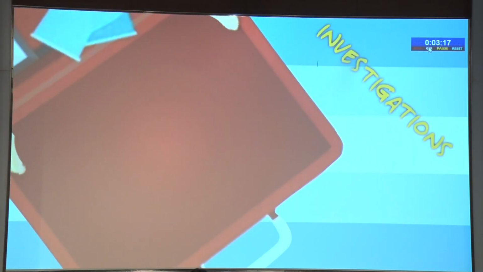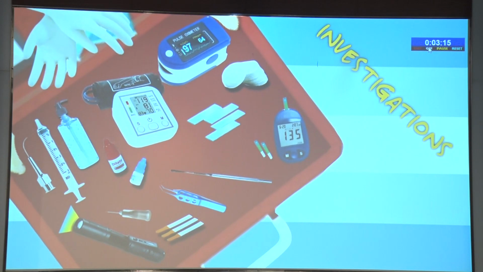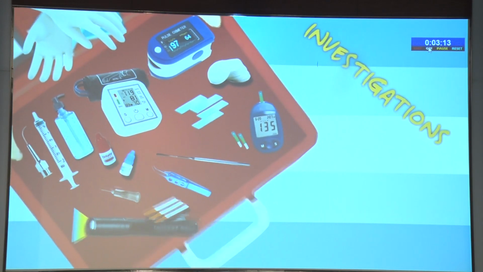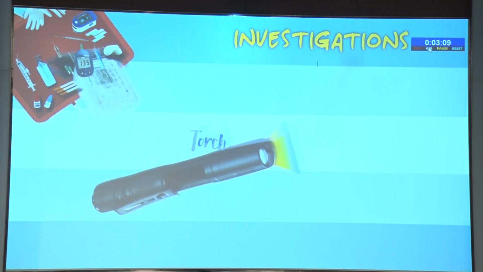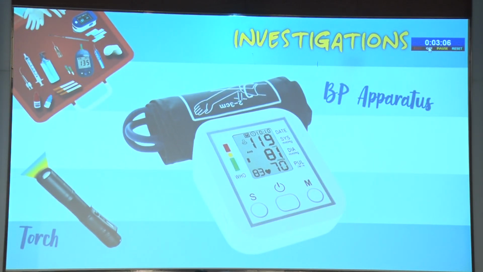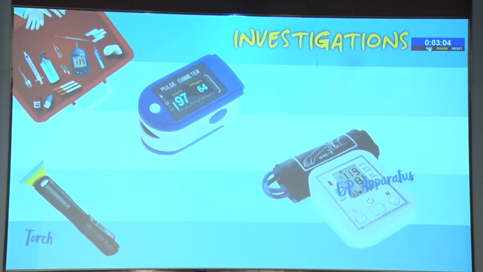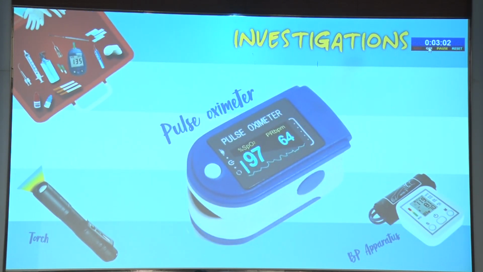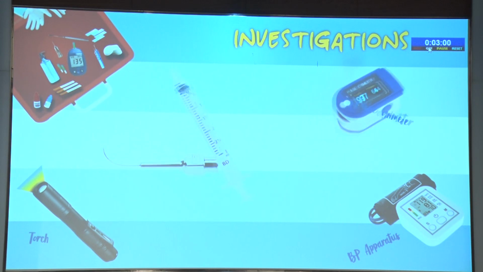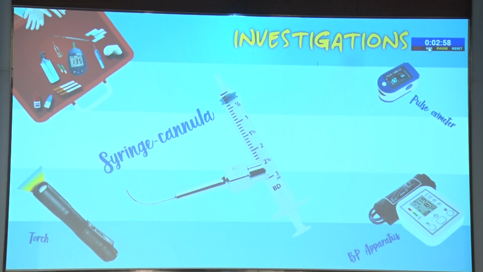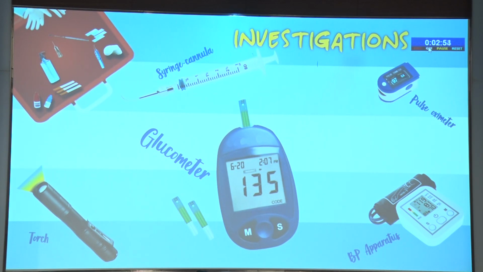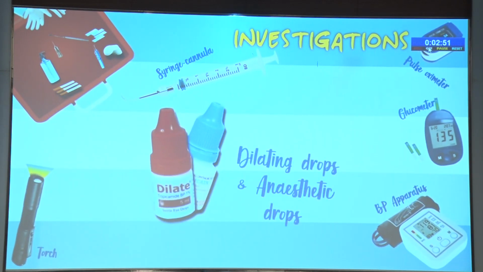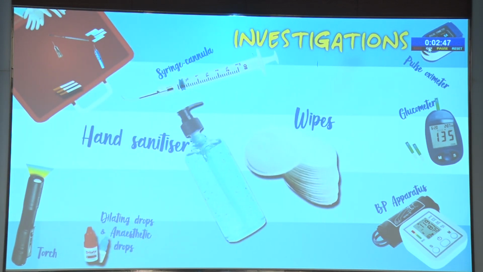Next range of instruments are for investigations. As you see, the most important is the torch. The next is a BP apparatus, a pulse oximeter, a syringe and a cannula to check duct patency, a glucometer, dilating and anesthetic drops, hand sanitizer and wipes,